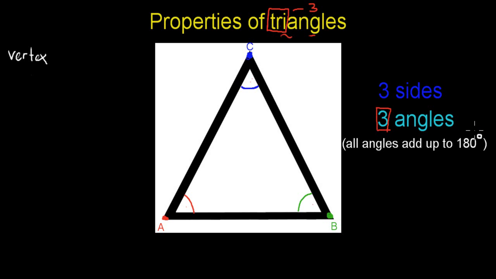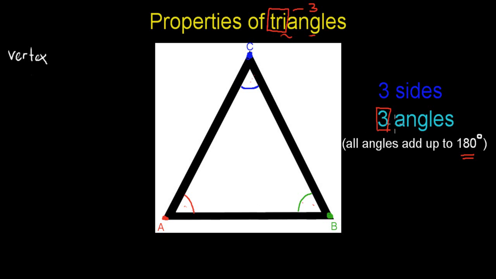And also important, if we add up the degrees of all the angles, so for example, if this is 60, then this is 60, and this is 60, we have three 60-degree angles, they'll have to add up to exactly 180 degrees. So all angles in a triangle have to add up to 180 degrees, and it has to be exactly three